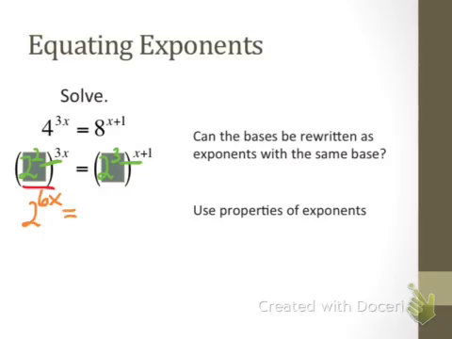On the right side, I have 2 cubed taken to the x plus 1. So again, I'm going to multiply my exponents, but I need to make sure that when I do that, I distribute the 3 to the x plus 1. So now my equation states that 2 to the 6x power has to be equal to 2 to the 3x plus 3 power. I hope now that in looking at this, you realize that the only way these two sides are going to be equal to each other is if